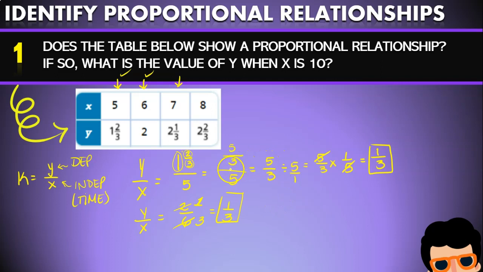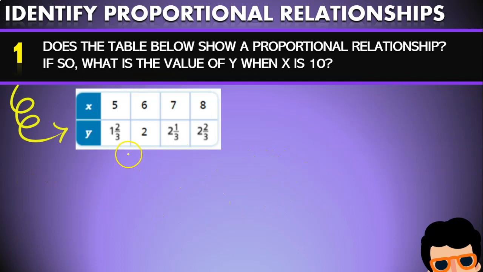We have y equals 2 1/3 divided by 7. Again, whenever we have a mixed number, we have to multiply and then add. So 3 times 2 is 6, plus 1 is 7. So 7 divided by 3. And then we have 7 divided by 3, that is divided by 7. And then we multiply by the inverse, which is 1/7. And that is going to give us